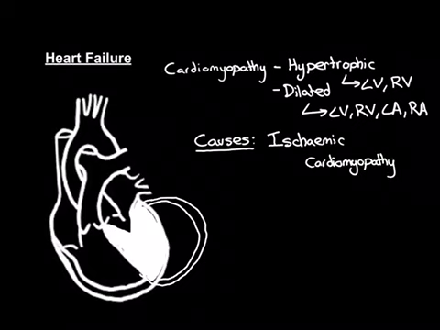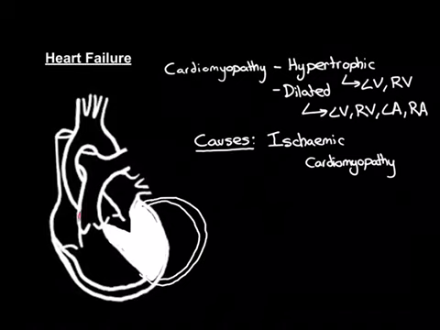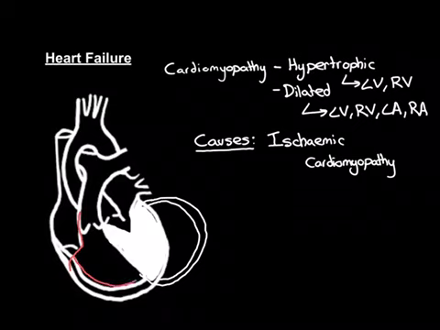It's disease of the coronary arteries. Let's just add on the coronary arteries. Remember, there are two main coronary arteries. The right coronary artery comes off the aorta and then goes down like so, gives off a branch that comes down like here, supplies the right side of the heart, and the left coronary artery comes off the aorta like this,